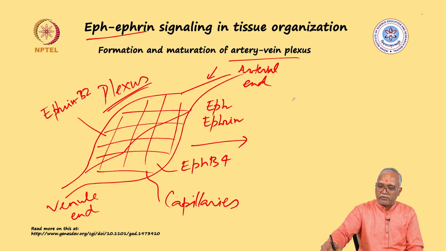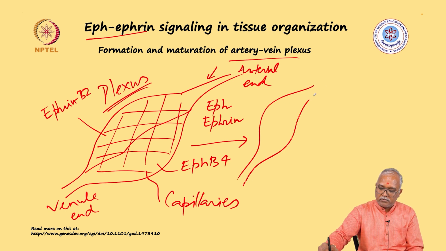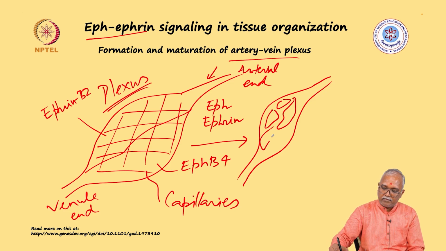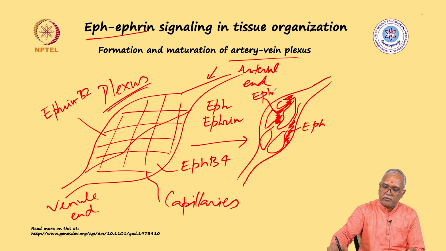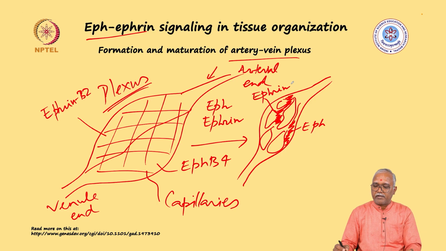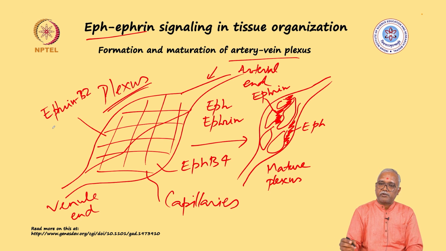Towards the end, when the maturation happens in the plexus, you will see a very nice plexus arrangement, and the domains of EPH and Ephrin will be very well restricted, so that you do not have any complication in the mature plexus. So EPH-Ephrin signaling is ensuring that a mature blood vessel plexus is forming in the tissues,